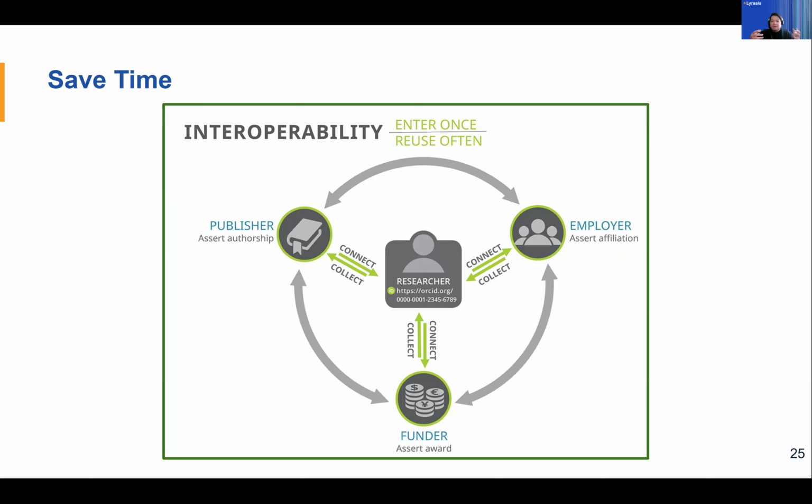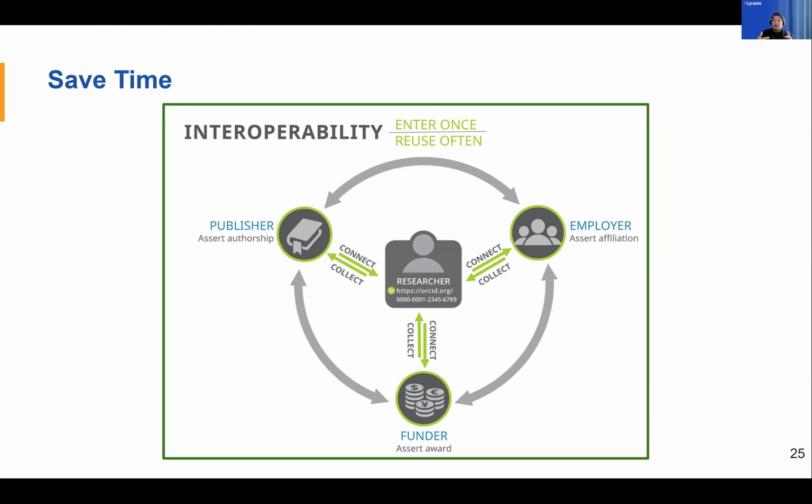At the same time, these organizations, your employer, the funder, the publishers, and any others connected with ORCID, if they have the capability of writing information to your ORCID record, that's even better. A publisher will write peer review activity, a funder will write funding information, and the employer will write the employment section of your ORCID record.